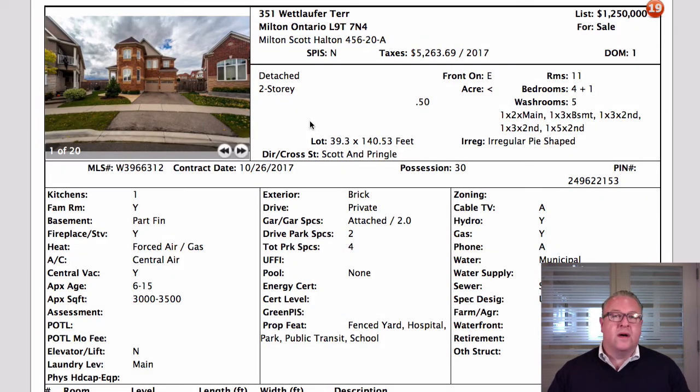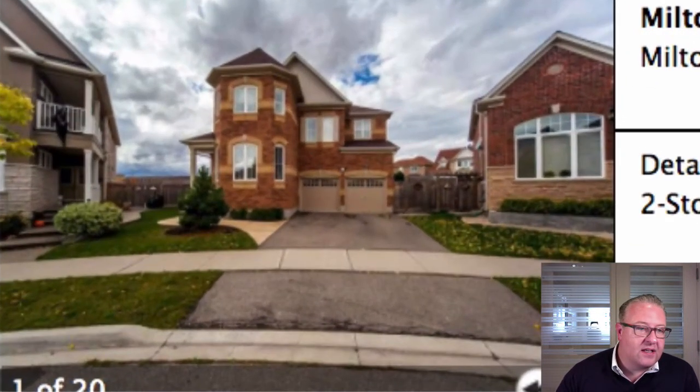So you get 20 photos when you put a listing out. So 1.25 gets you this one, 3186 square foot Wild Rose. Love the floor plan. The street's great too. So Wettlaufer's a good street. Got a 140 foot deep lot, pie shape. But if you look at this, you've got shots of